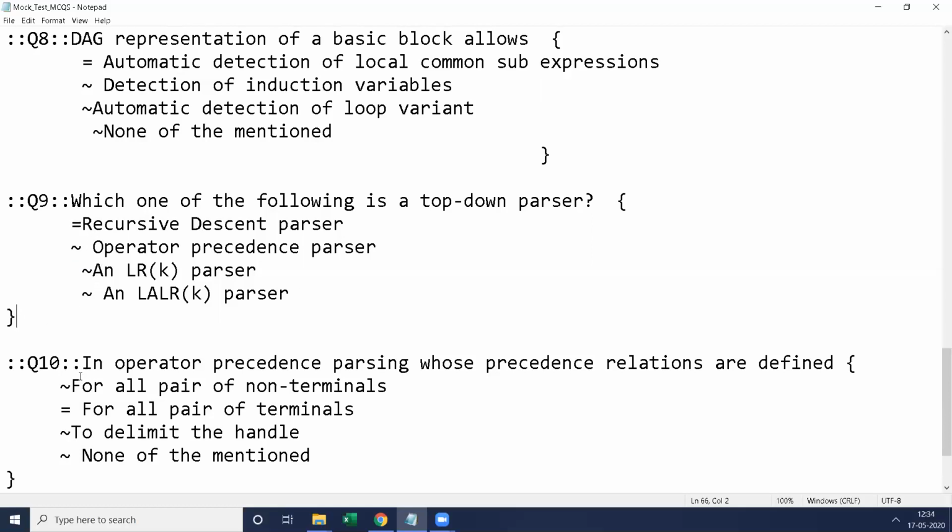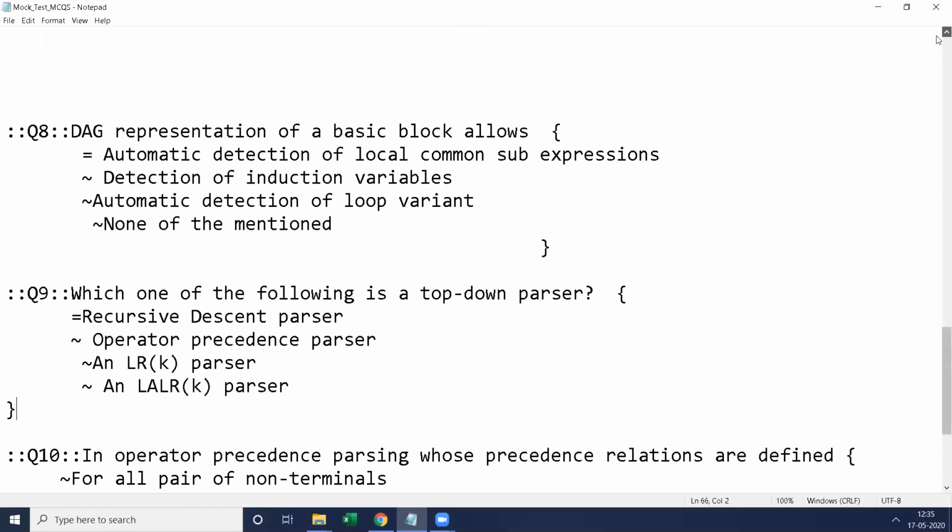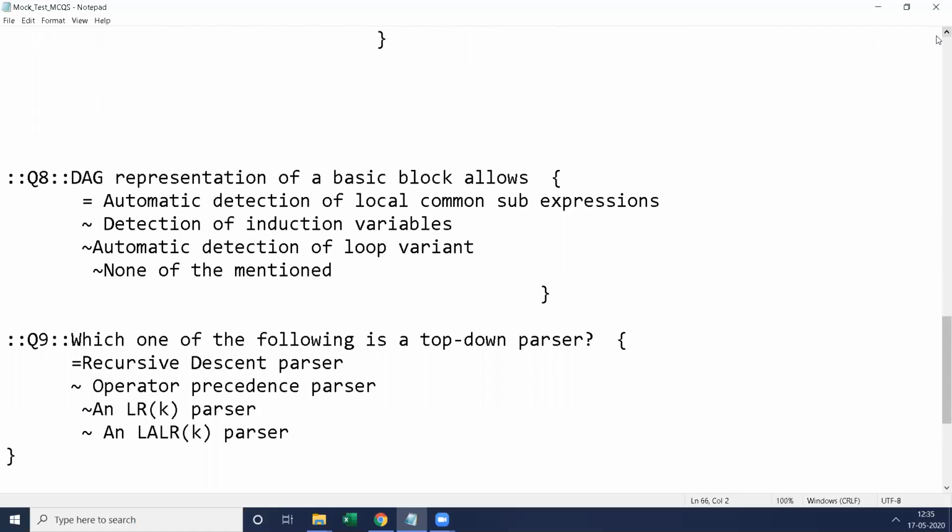So question number 10 and question number 9 are multiple choice questions with single answer. Likewise, here I took 10 different questions. Within these 10 different questions, I took 5 questions as multiple choice questions with single answer. The 5 other questions are multiple choice questions with multiple answers. Now we are discussing multiple choice questions with single answer.